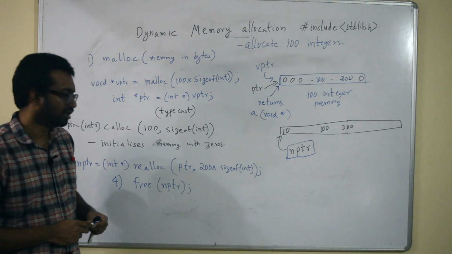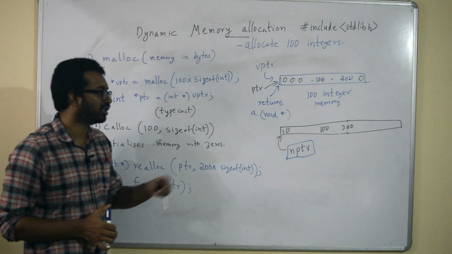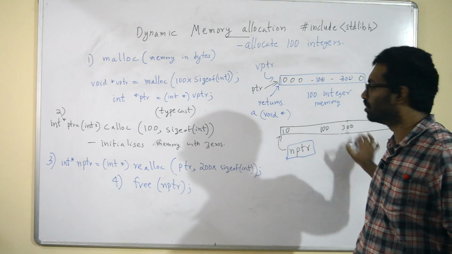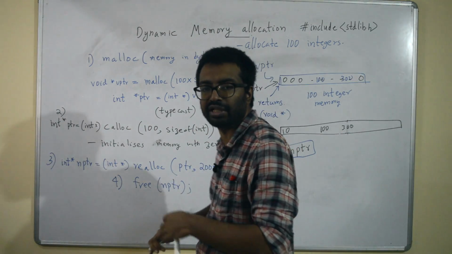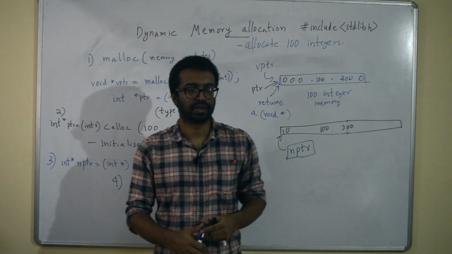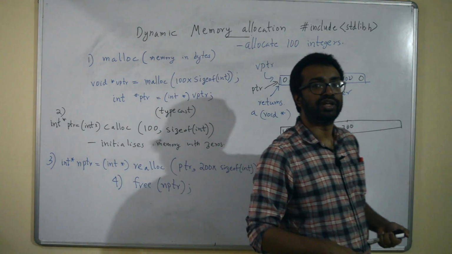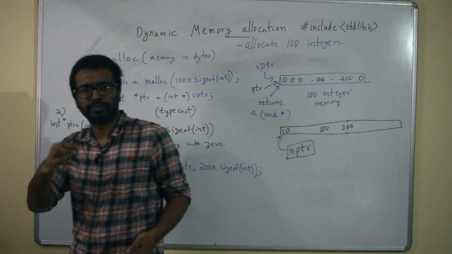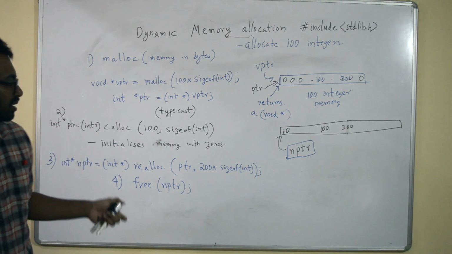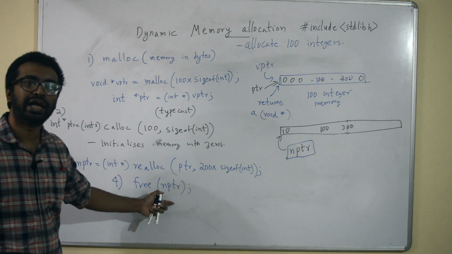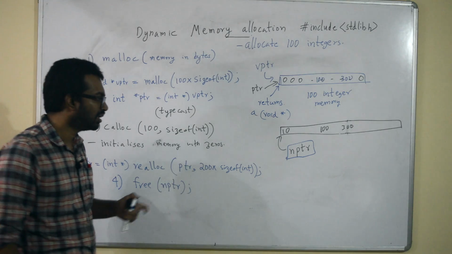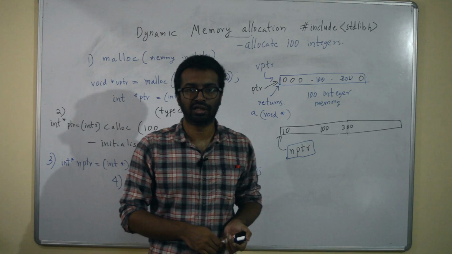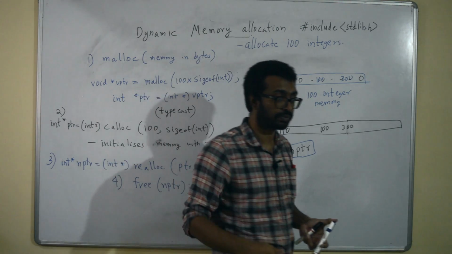When you call this function, free will look at this pointer and free all this space, so that it can then be used for other purposes. So this is very important that you do that. Now, one question: how does free know how much memory NPTR is pointing to? Or in other words, when you created NPTR, how much memory was allocated? How does free know this?